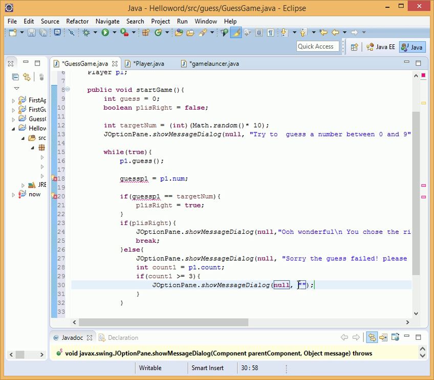We can even tell the user the value that was expected to be given. So we say, sorry, you entered, this mistake is messing me up everything. So entered